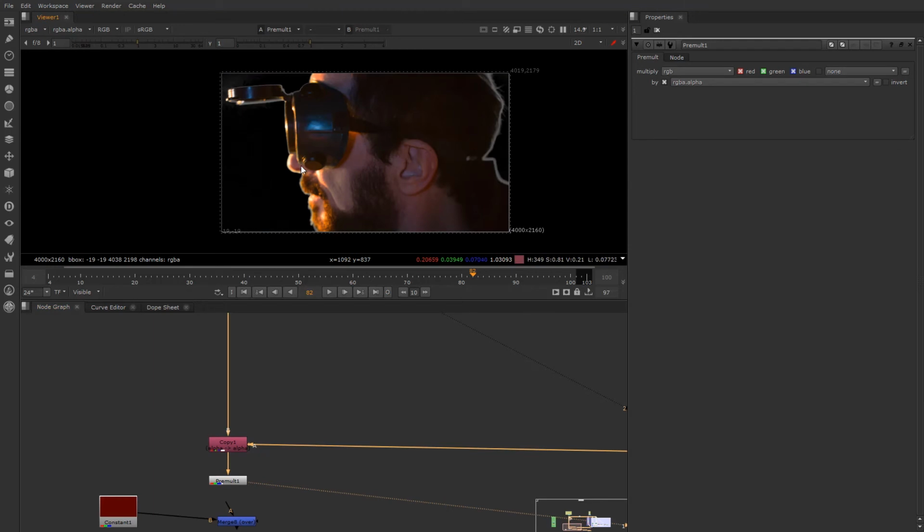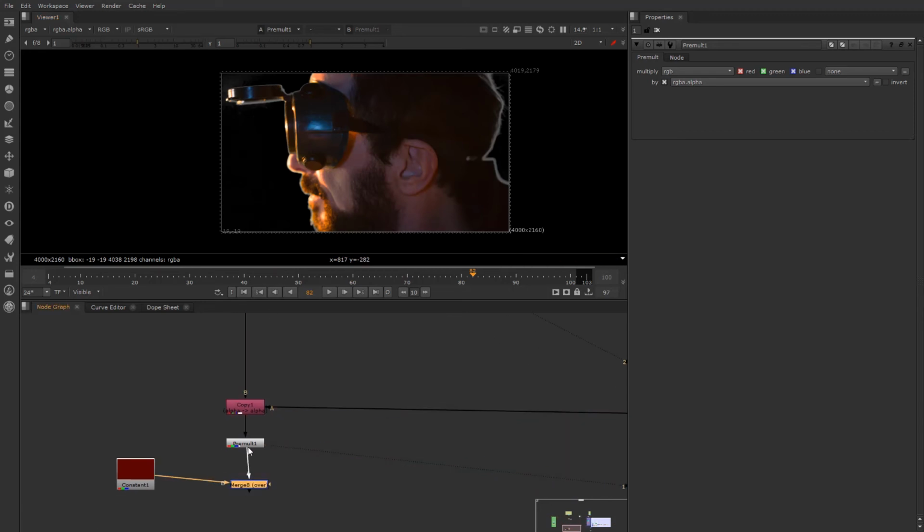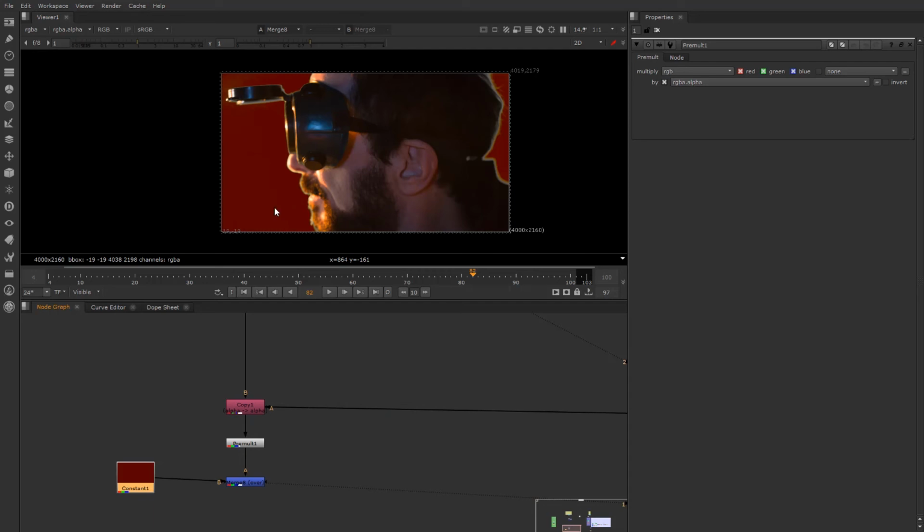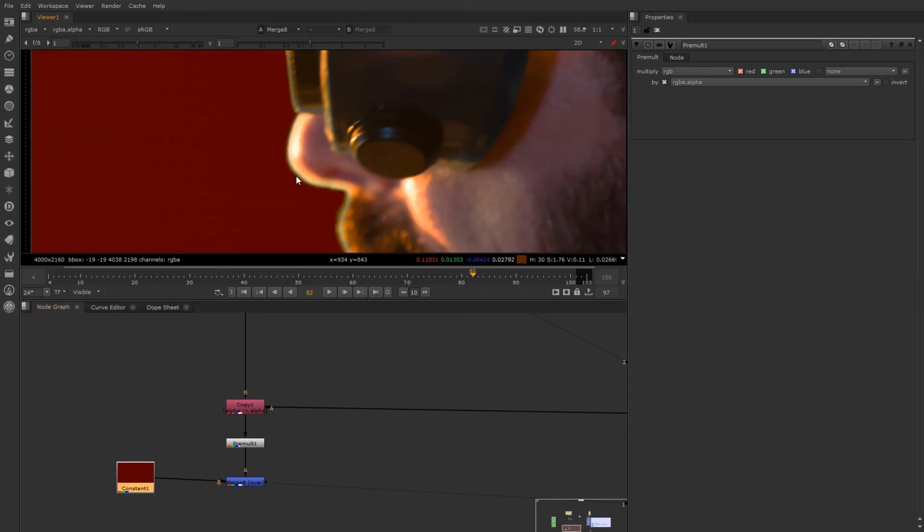And now we've cut it out. Now immediately you look at this and you go, crap, he's got a white outline on him. Oh no, what are we going to do? Well, if we merge that to the background, oh, he's got a halo around him. Now, there's ways of combating this, because the big thing you have to understand, this is a rule book in